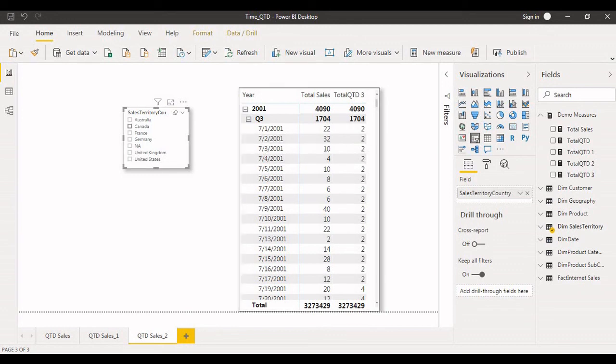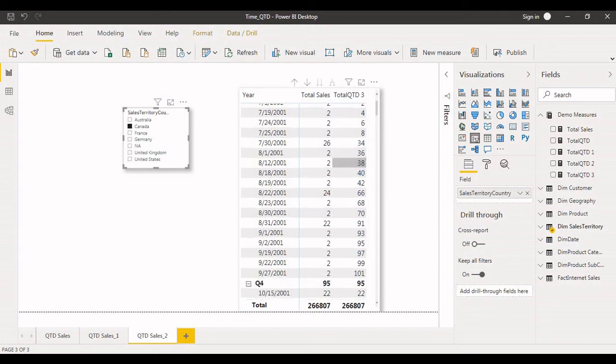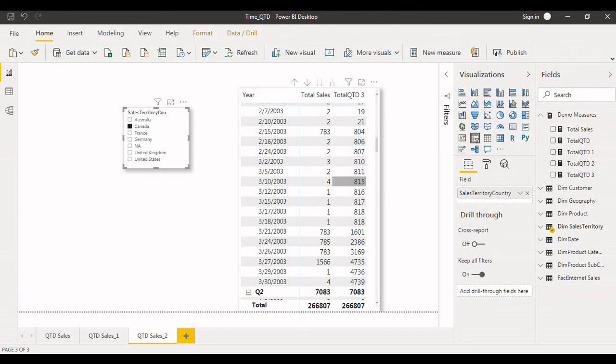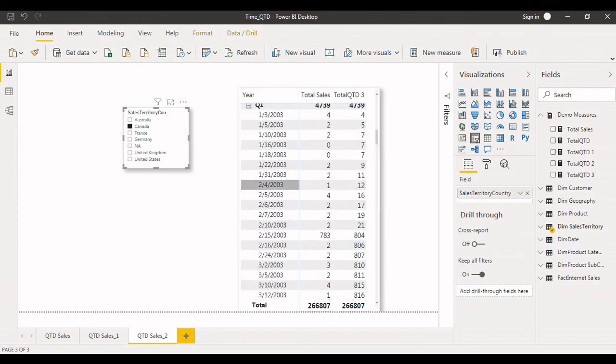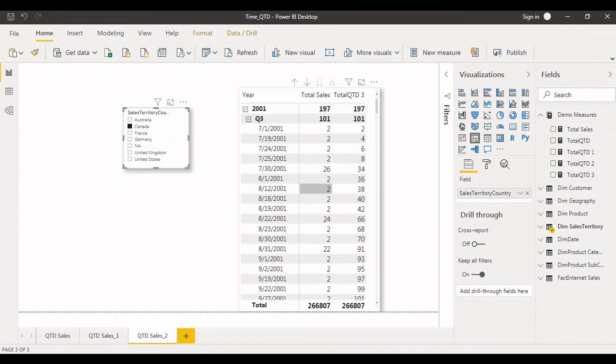When I select Canada, you will see 1, so that is the reason it's not giving proper values if we did not select Canada. Now it's giving the quarter to date properly for the respective filter which you have written at the measure level.